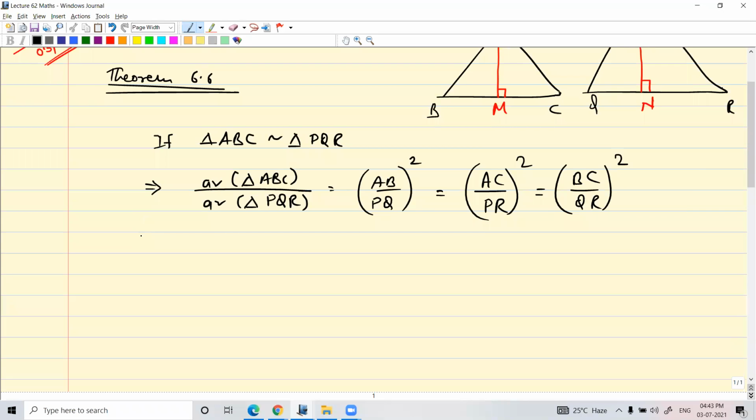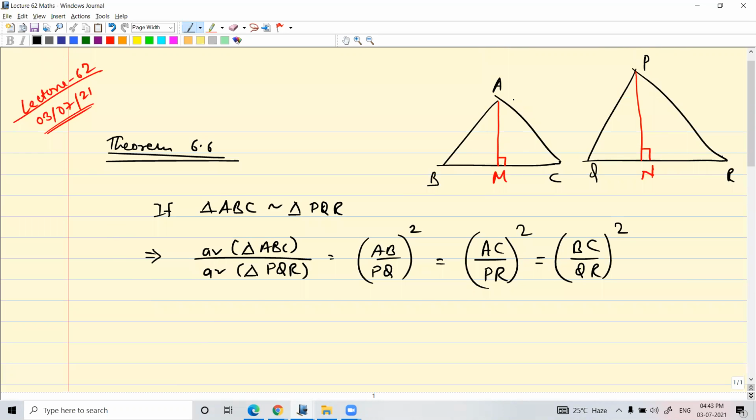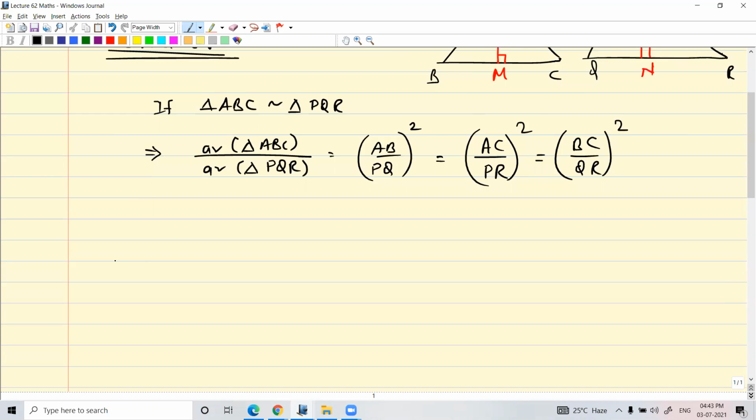If you want to find out the area of the triangles, what would you do? First, we will draw the altitudes, right? Half into base into height we need. So base is BC, height will become AM here. Same way QR and PN. So if I want to find the ratio of areas of ABC,